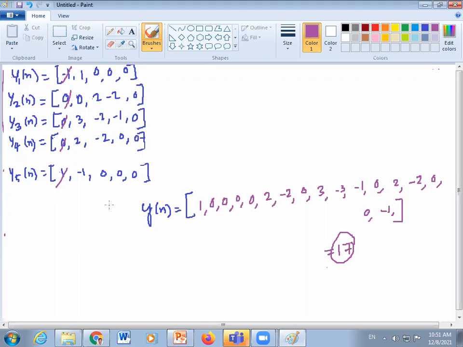So there is no point writing these 3 zeros here, right? Because these are not considered in the equation, since we already added extra zeros initially, so they get discarded. So the total answer we are getting for this particular question is 17 samples, which is the same as our previous answer. Correct? Yes, sir.